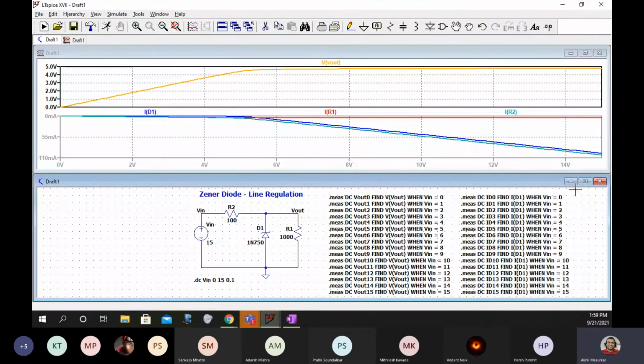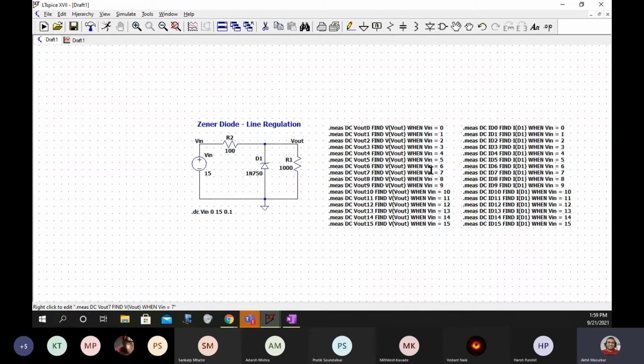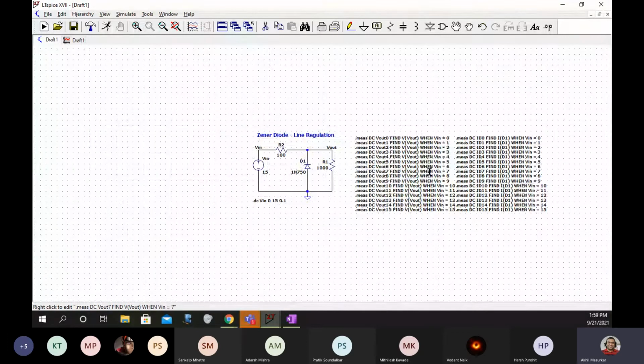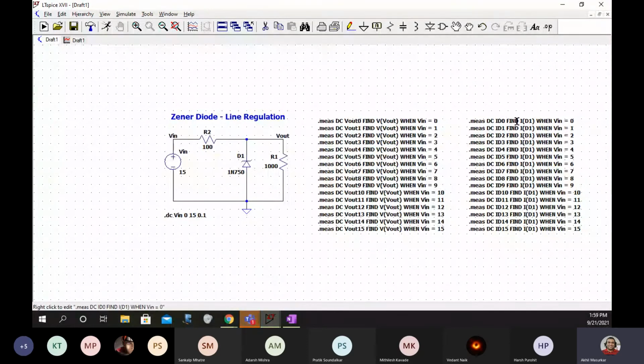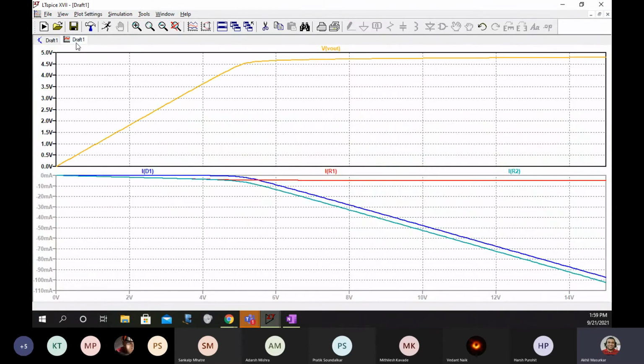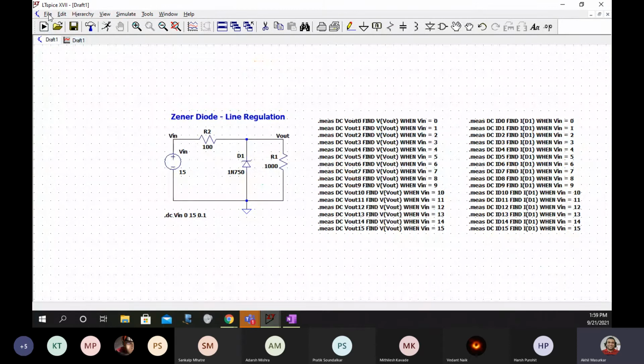Now, if you want to play more mischief, then what you can do is have more measure commands. You can have IR0, and instead of ID you can put IR, and instead of D1 you can put IR2 also, and calculate the different values. Okay, so I'll just save this somewhere.